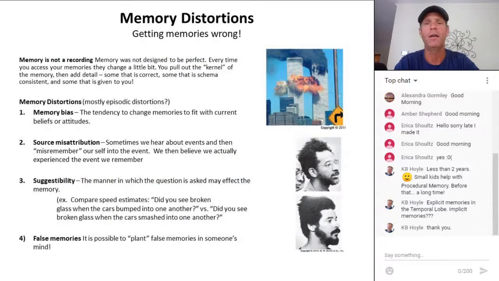Okay, so let's talk a little bit about memories. It turns out when it comes to explicit memories, none of us has a perfect memory. In fact, if you think about it, you need to forget so you can remember to pay attention to the stuff that is important. There are lots of things that happen in your day that you really don't need to remember, right? You don't need to remember what color shirt I was wearing or what color that car was that was in front of you at the stoplight. In fact, it's important that we don't remember everything.